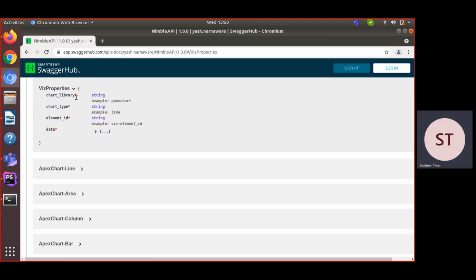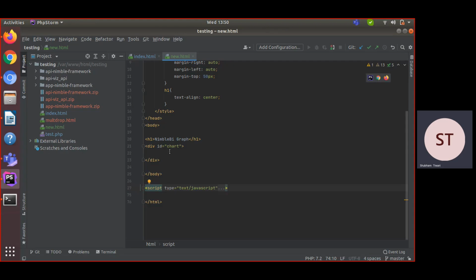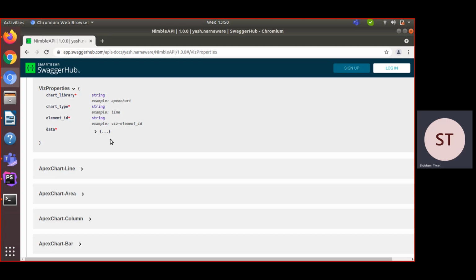So what is required for sending a request to the Nimble BI Node API? First is chart library, that should be a string. Second, chart type. Third, element ID. I already told you what element ID is. Element ID is the div in which you want to render your graph, and fourth is your data.